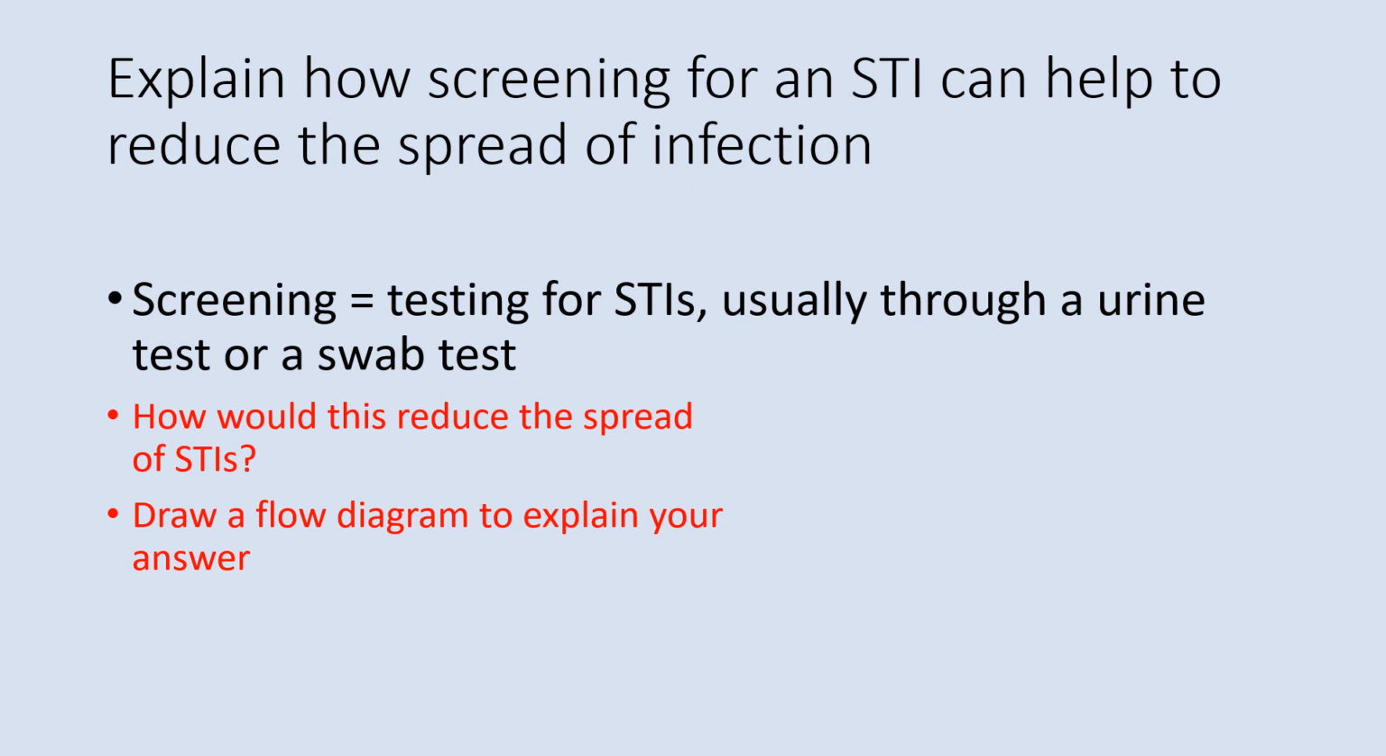So screening, remember from the very start, is a way of testing for STIs, and it's normally done through a urine test or a swab test, so it doesn't require giving blood or anything like that. Your question is, how would you reduce the spread of an STI using screening? Draw a flow diagram to explain your answer. This is a tough question. Not going to lie,